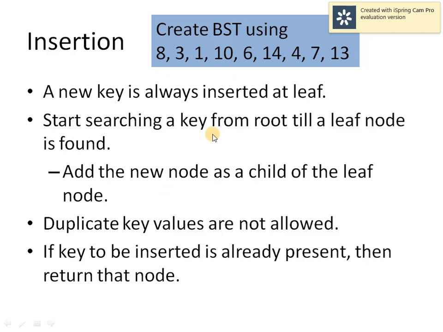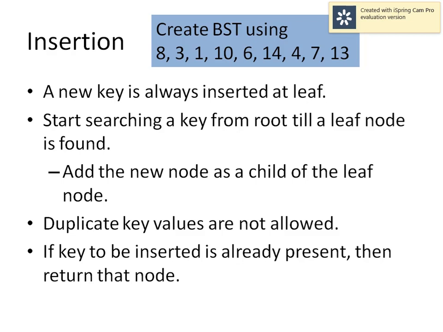Keeping these things in mind, we are going to start with the implementation of the insertion operation in a binary search tree. As far as the implementation is concerned, we know we have to make use of a linked list data structure. But what about the structure of a node? We should have a data part in order to store the element. There should be a left pointer that will point to the left child of a node. Similarly, there should be a right pointer that will point to the right child of that node.